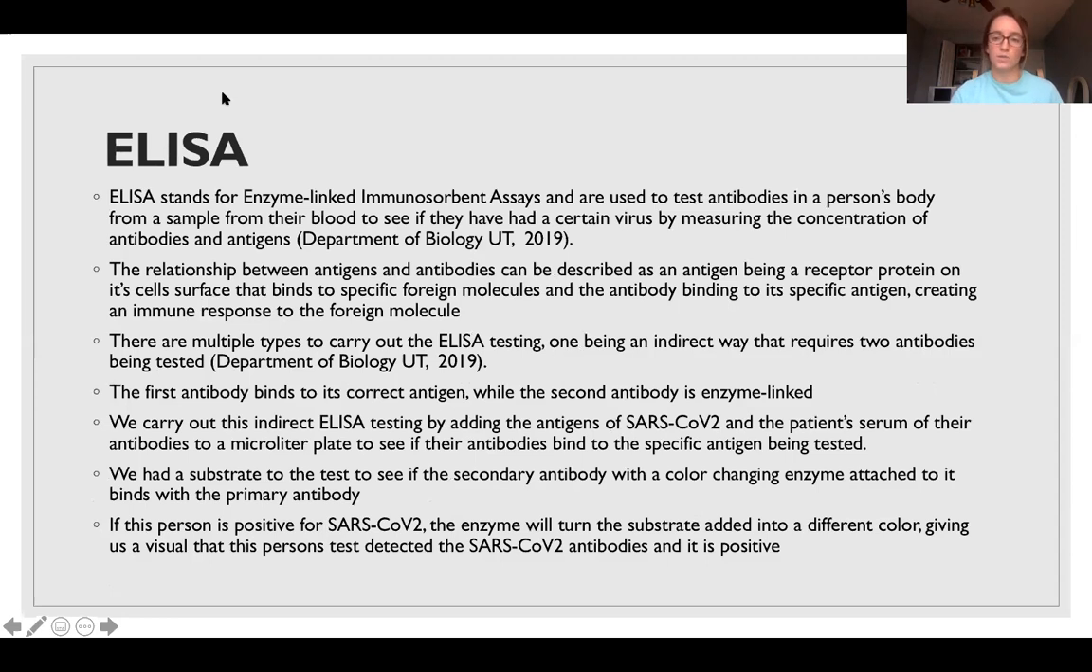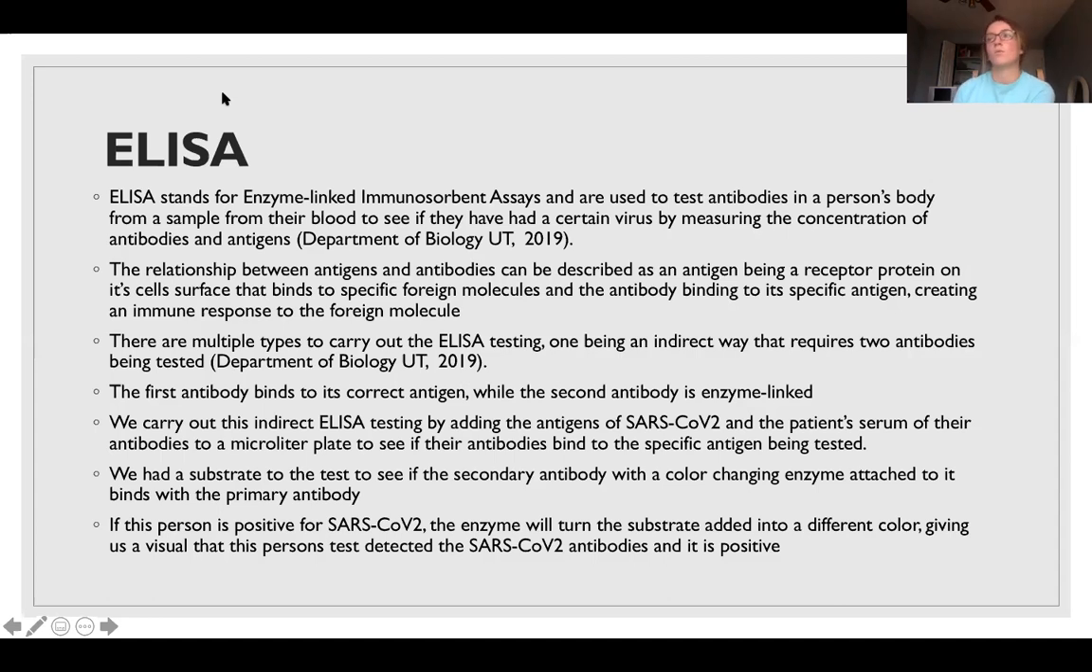So another test we can do, this one is more for someone who thinks they had the virus in the past. This tests our antibodies, which we know fight against our immune diseases, and we can see if we had a certain disease by testing a person's antibodies. So this ELISA test stands for enzyme-linked immunosorbent assay, and it's used to test a person's antibodies from a sample of their blood to see if they had a certain virus by measuring the concentration between the antibodies and